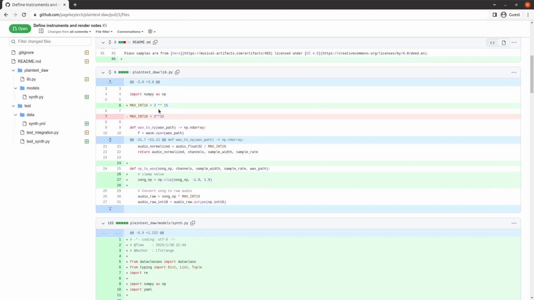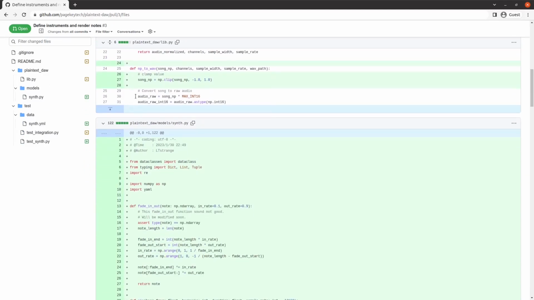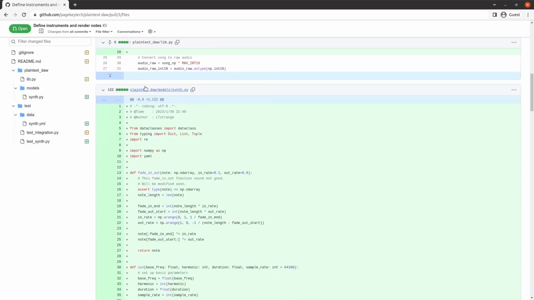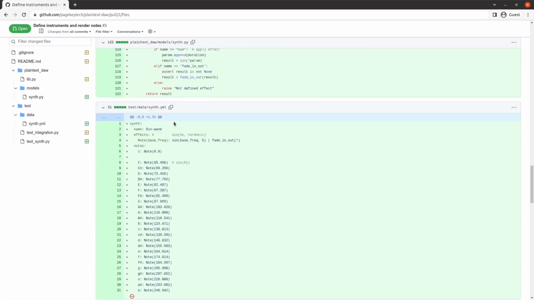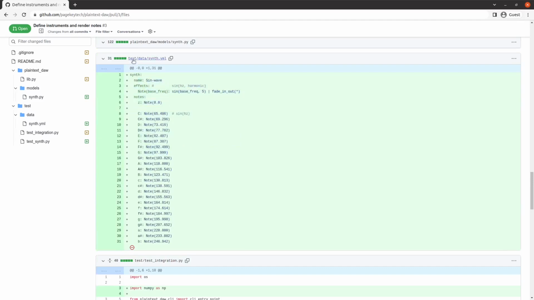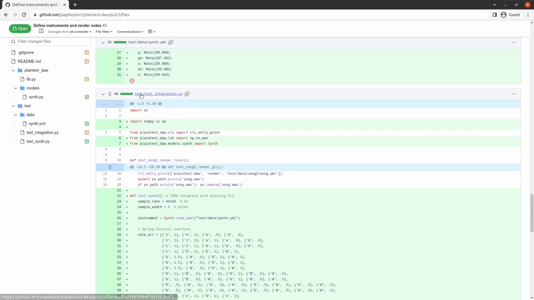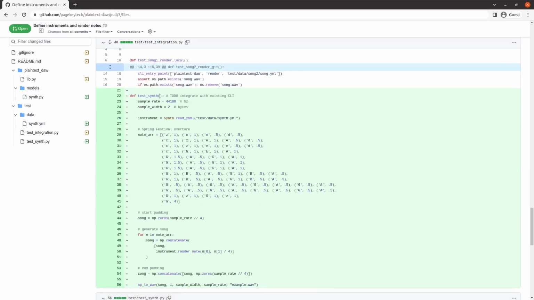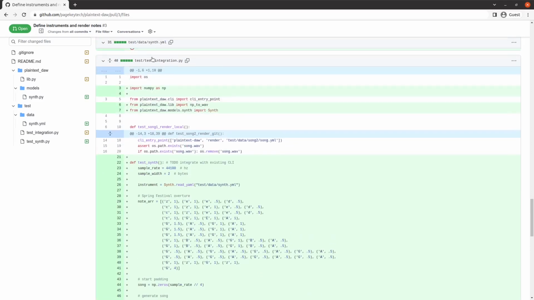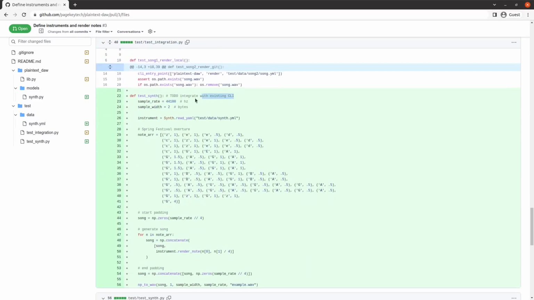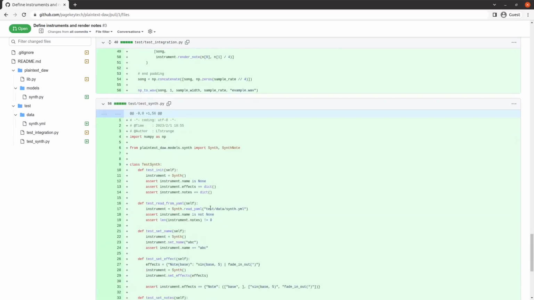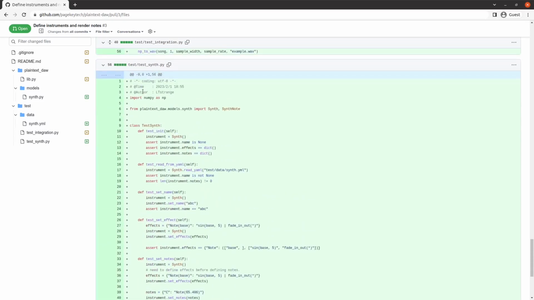What we have now is some tweaks to various parts of the code, but most of the code from this PR is right here in the synth file now. The test config, I moved into the test data folder. The test example file of using it, I moved into the test integration folder, and I left it to do because eventually we're going to integrate this with the CLI and just be able to use the CLI entry point to do this example. However, for now, I just threw the example code right here,